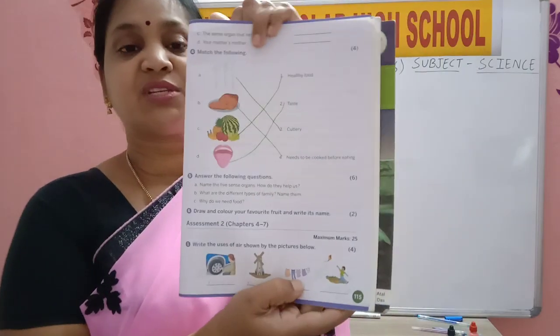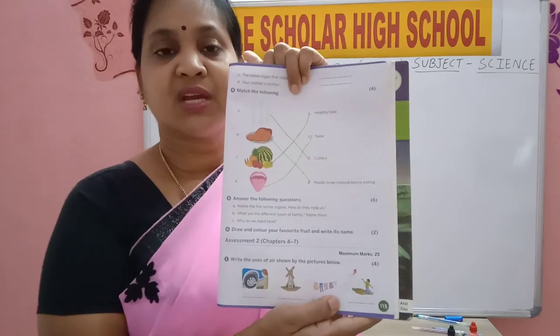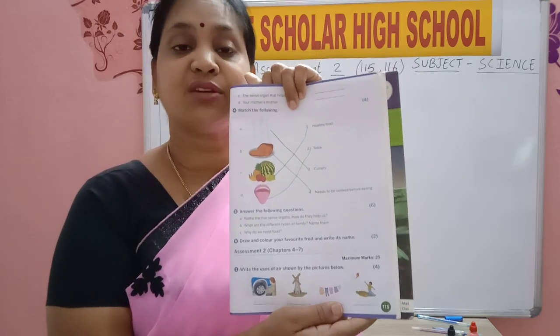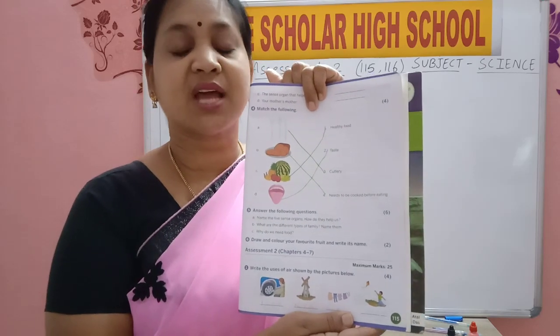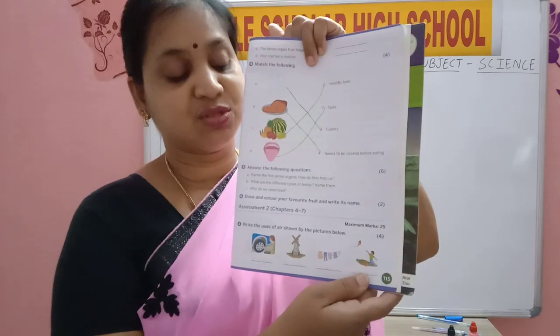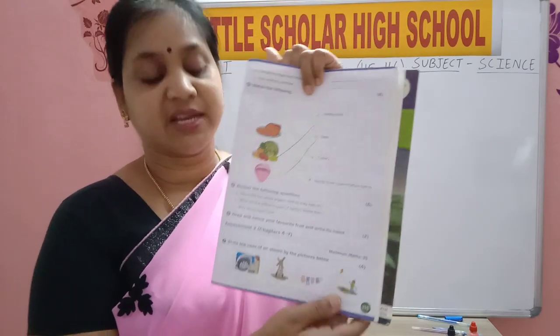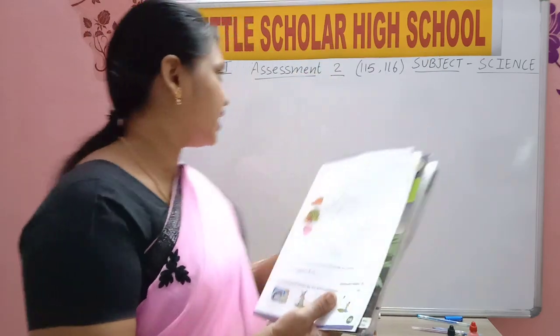Now what is this picture? How does air help for these clothes? To dry. Air helps clothes to dry. Wet clothes we hang on a rope so that air touches these clothes and they will dry. Now what can you see in this picture? How is air useful for this boy? To fly a kite. Now the lines are given. In that line you will write the uses of air.